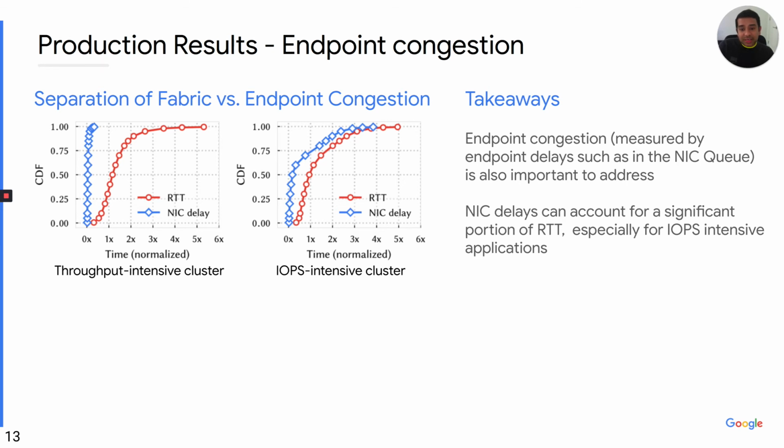Whereas for the IOPS intensive cluster, the NIC delay is actually a big portion of the round trip time. And what this shows is that endpoint congestion is important to react to, specifically so